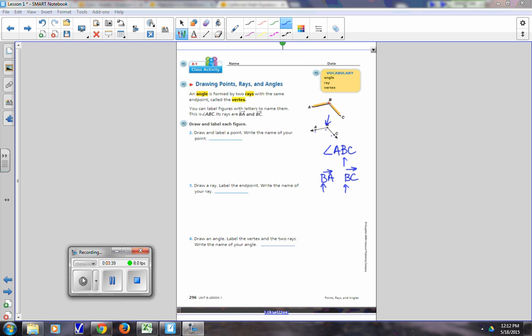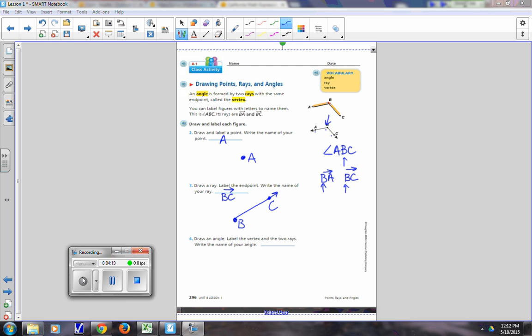So draw and label a point and give it a name. Write the name of your point. Not too bad, right? Draw a ray. Label the endpoint. Write the name of your ray. So a ray has an endpoint and can go on forever. You need another endpoint here to give it a name. So let's say this is endpoint B, C. The ray would be named